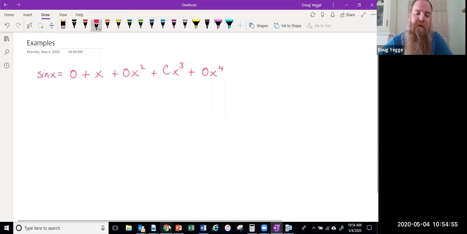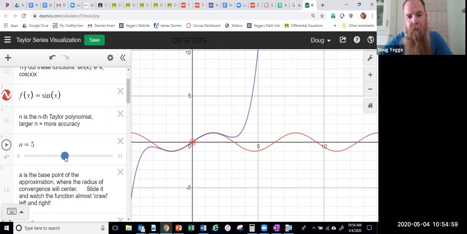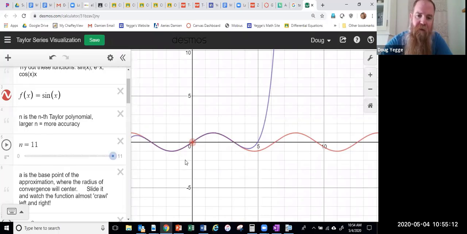And it looks like there's an x to the fifth term. Oh, look at that. It molded a little bit more. No x to the sixth term, but there is an x to the seventh. Molded a little bit further. No x to the eighth, but there is an x to the ninth. Molded a little further. There is no x to the 10th, but there is an x to the 11th. And so notice that if I were to continue this infinitely,